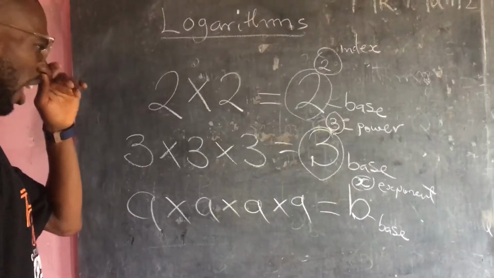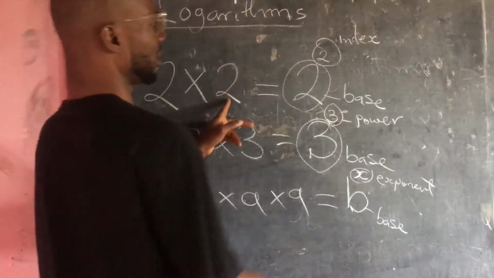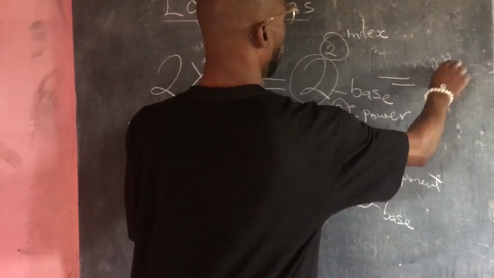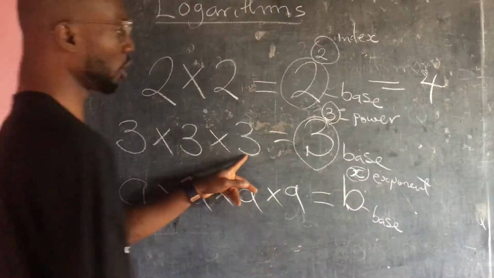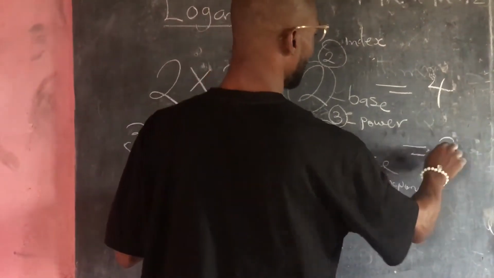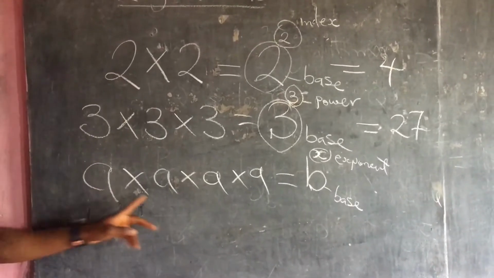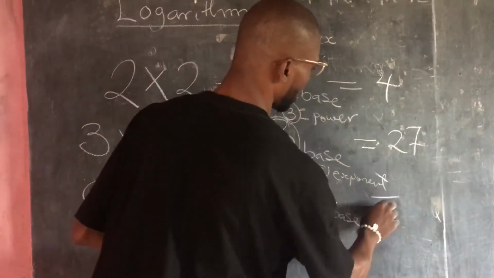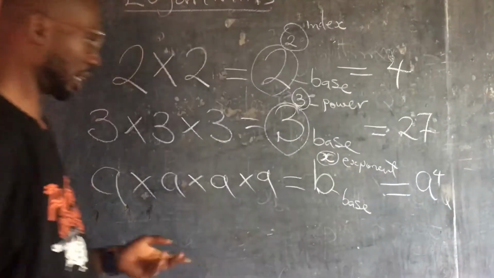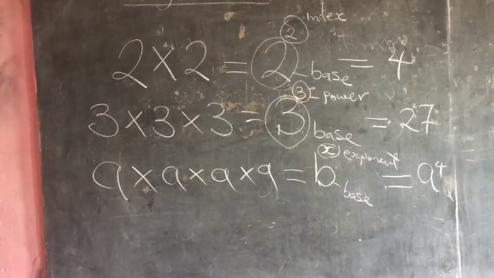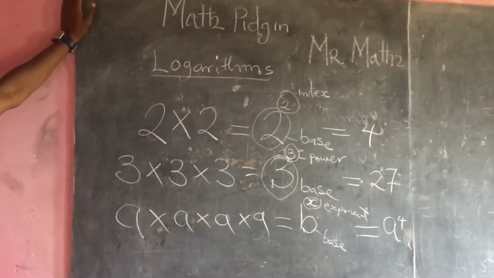Exponent. Now, when we don do this thing now, when we multiply this one by this, e go give us some result. What we call that result? This one, if we do this one like this, it will give us one result, and the result will be 27. Cool? Now, if we do this one, it will give us one result, and we call the result a raised to power 4. Abi? And the result what we will get be that. When we don't understand this thing now, we can define logarithms.